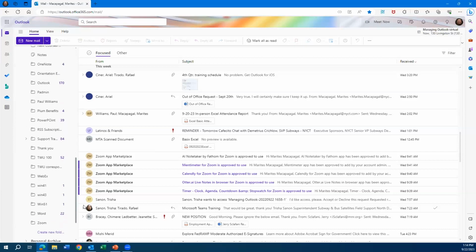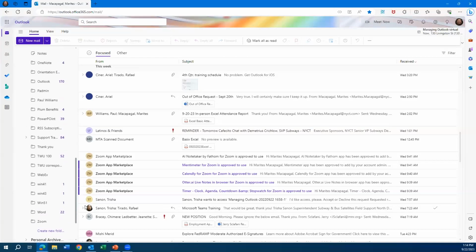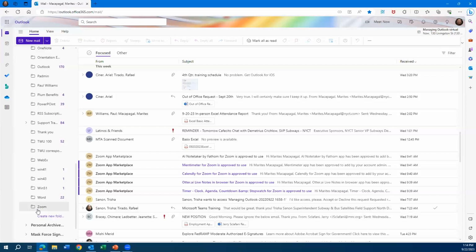I could take a look if I kept a folder for a particular option. So you notice down at the bottom, I have a Zoom folder. Okay, and if I would like to move any of the items right there, I could easily move it in various ways. I have been receiving emails also from,